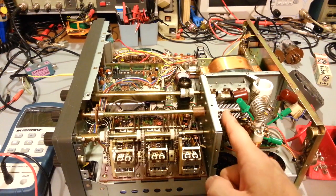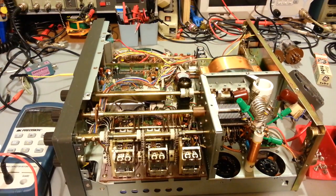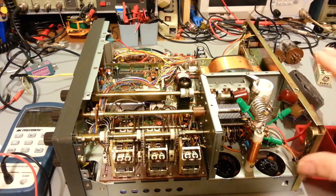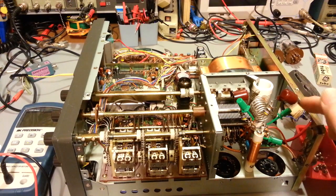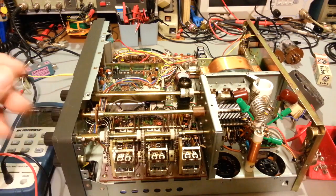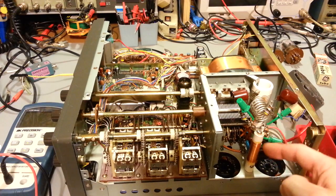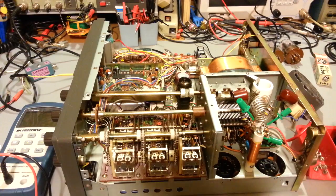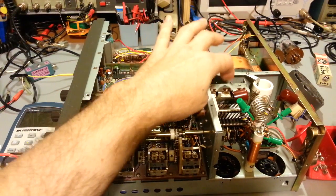So you have two air variable capacitors, you have the load and the plate controls. Now all of this in here basically makes the resonant circuit for your final tubes, okay? Now there's a coil here that has a bunch of taps going off of it for each of the different bands. And depending on what position your band selector switch is in, that picks which combination of capacitors down in here are attached,